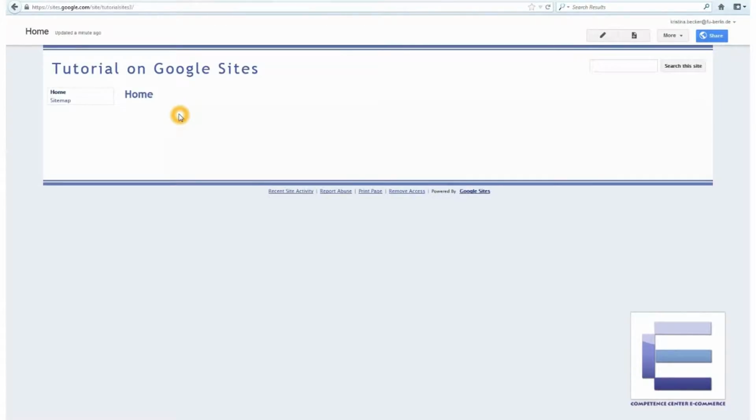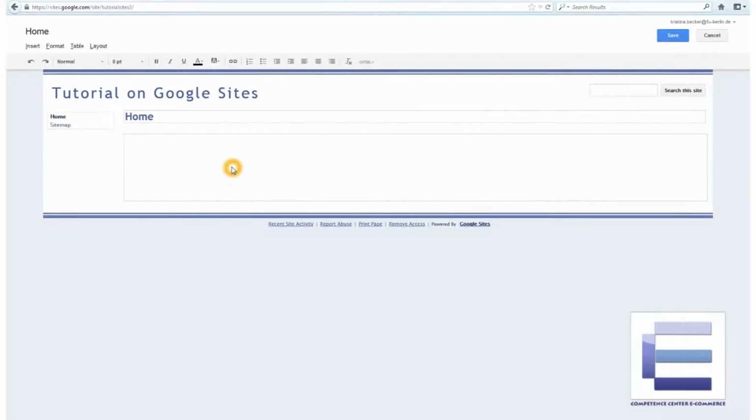Now we need some content for the site. First we will edit this page and insert some text so it will become clearer what this site is about. On the top right there is a button for that with a pencil, and this one opens the text editor for this page. We can change the title of this page